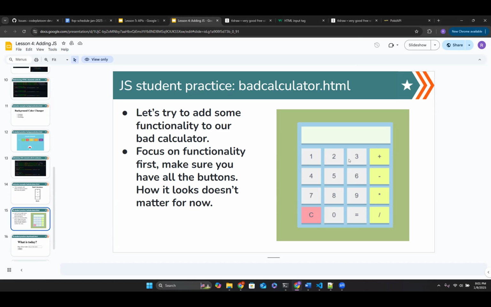This assignment will probably take, I'm probably gonna give you an hour for this tomorrow because it's pretty heavy. I've yet to see anyone finish this calculator assignment, so I challenge you guys to see if you can get it. But that's gonna conclude today's class. Let me go ahead and stop the recording.